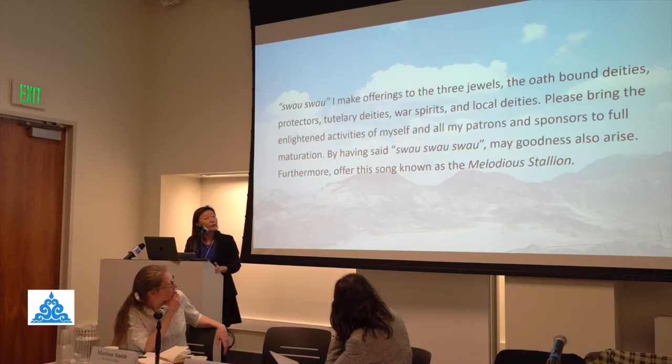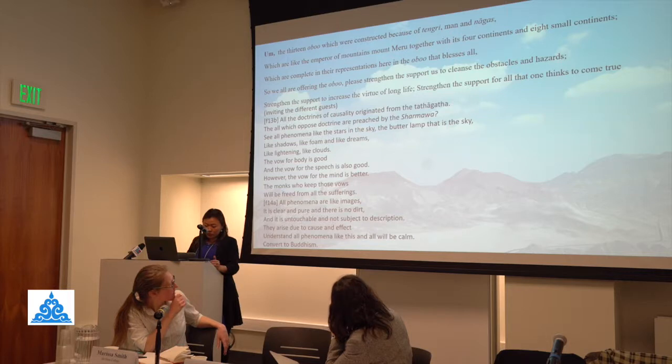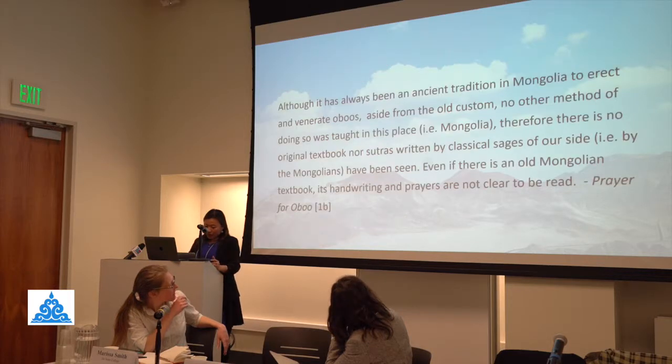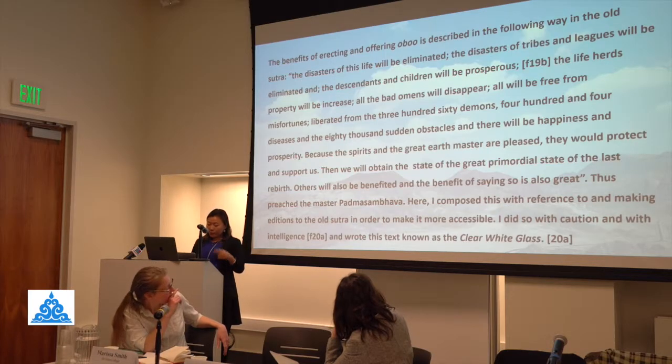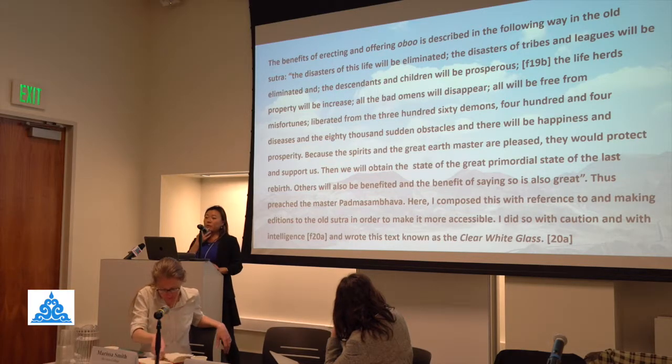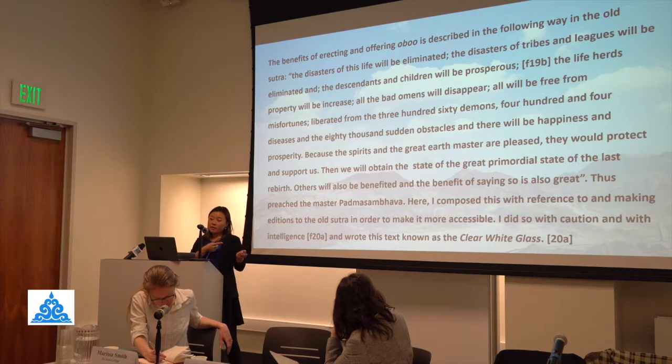In Merkingigen's text, throughout the two texts, he constantly refers to this old sutra that's attributed to Guru Padmasambhava. So we have a couple of references from there here. He says, although, as it is in the old sutra, it is said that Vajrapani, if we say briefly, and in the second bit he says it was composed by Guru Padmasambhava, and so forth. And there's about 4 sections where he refers to this text and attributes it to Guru Padmasambhava as the text that he's using as the authority for his manuals. So my hypothesis right now is that this text that he's referring to is